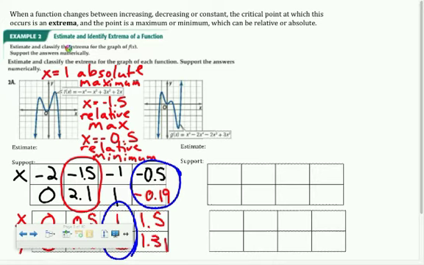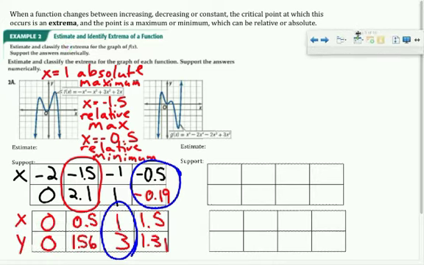Part B of this problem, we're doing the same thing. We're being asked to look at the graph and estimate and classify any extrema. So going from left to right, looking at this graph, it appears that I have a relative maximum